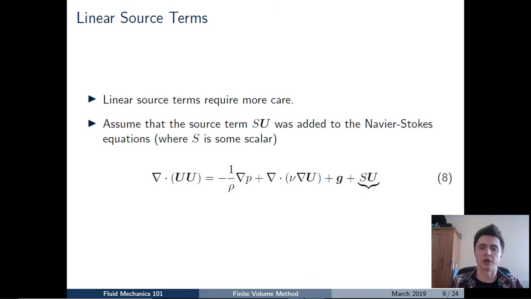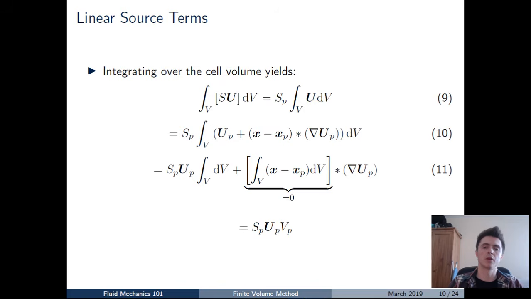And so what do we do for our linear source term? Well, the integration is a little bit more involved now, and we have to pay close attention to ensure that we understand what we're doing. So we start with equation 9. We've got S, which is some scalar, some constant, multiplied by velocity, and we're integrating that over the cell. So it's a volume integral there in equation 9. And the first thing we're going to do is take that constant scalar SP outside